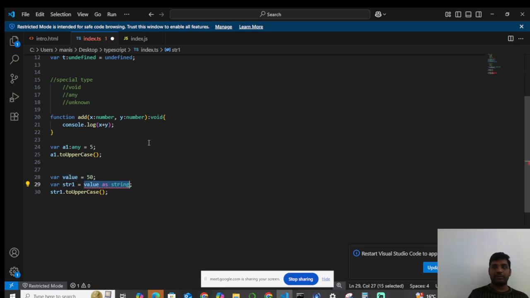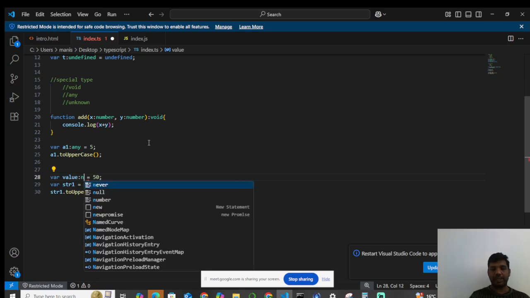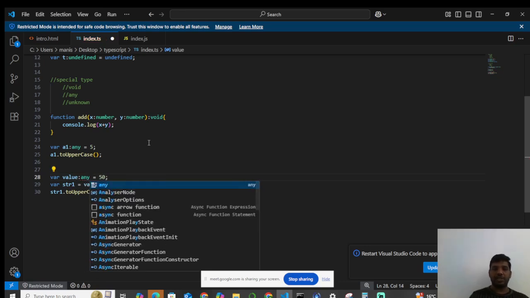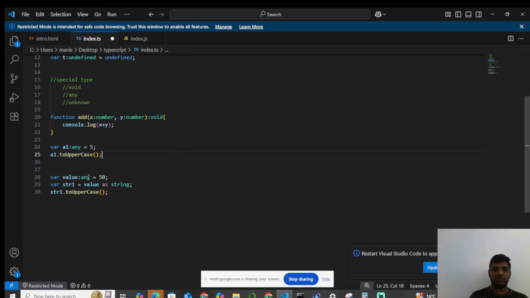Tell me. The value is a string because initially we are giving it as a number and we are trying to change the data type to string. So we cannot change it, right? But if it is the unknown type, even if you change the type, it will not check. But if you use the unknown type,